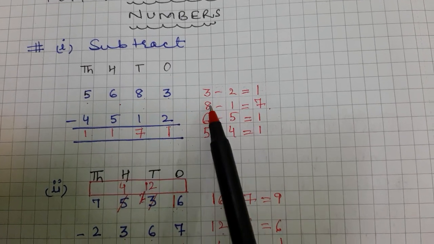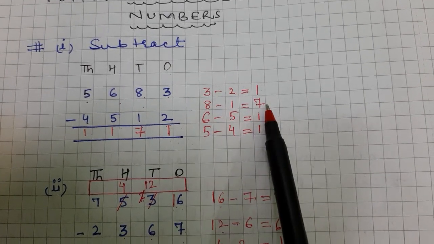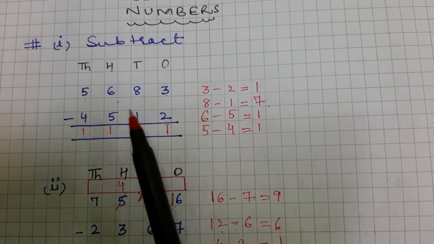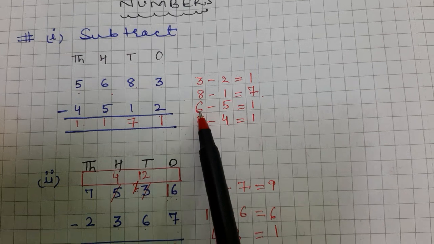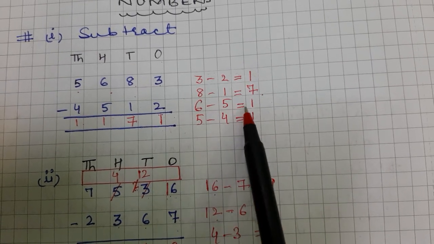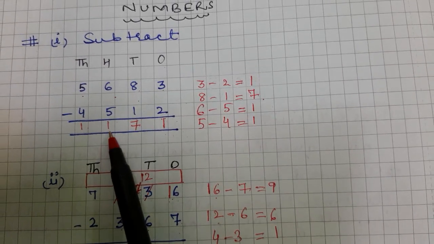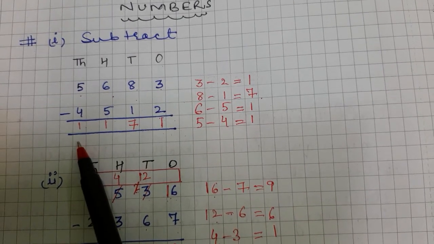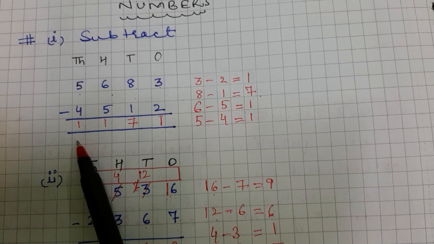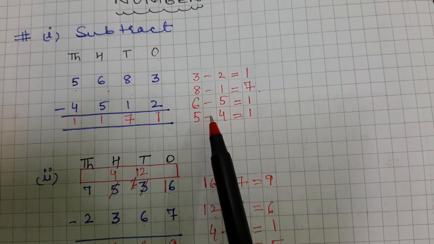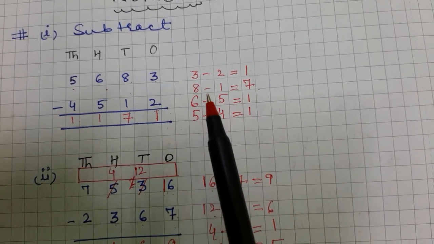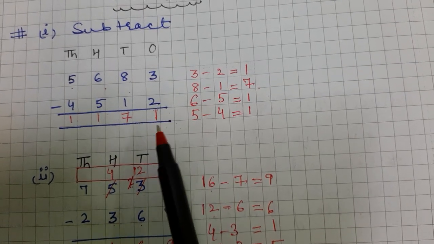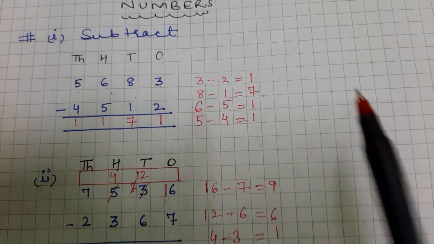If we take away 1 from 8, it will be equal to 7. So write 7 over here. 6 minus 5. If we take away 5 from 6, it equals 1. So write 1. 5 minus 4 is 1. So write 1 over here. In the similar way, you can proceed with the questions of worksheet 1. It is a book exercise, so you have to do those questions in your book itself.